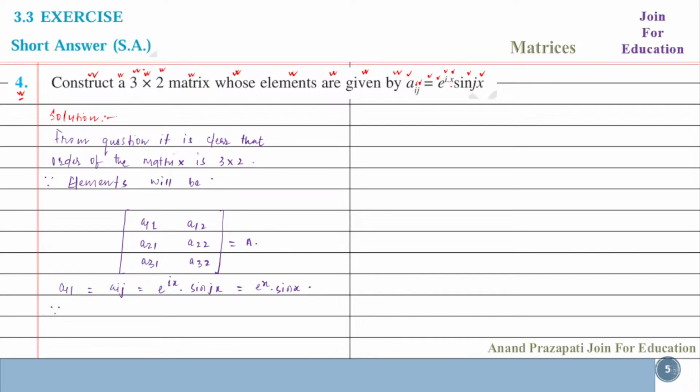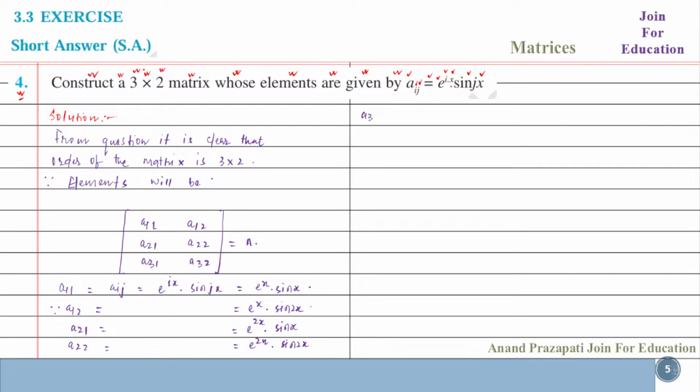Therefore A12 equal to e to the power x into sin 2x, and A21 equal to e to the power 2x into sin x, and A22 equal to e to the power 2x into sin 2x,